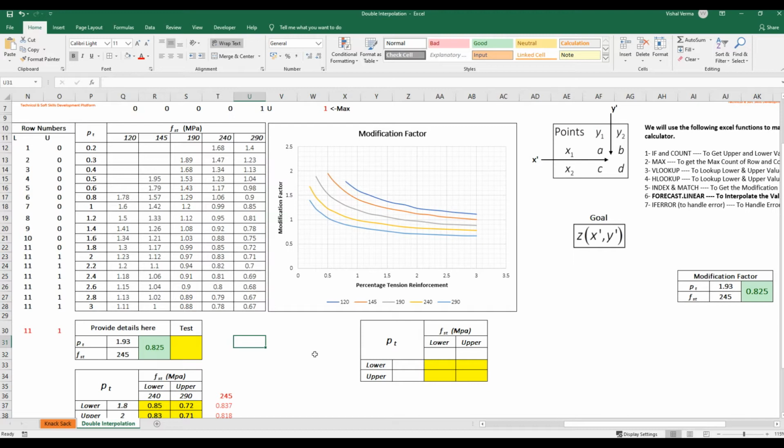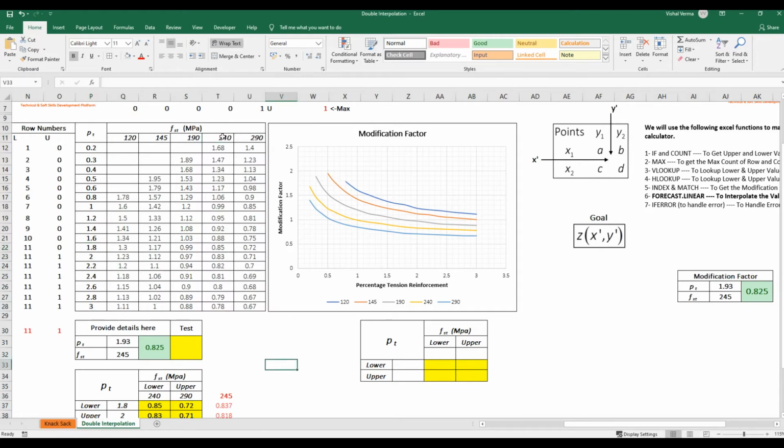For calculation of any interpolation, we need the upper and lower values so that we can interpolate using similar triangle rules. That is, this 1.93 lies between 1.8 and 2, and 245 lies between 240 and 290.